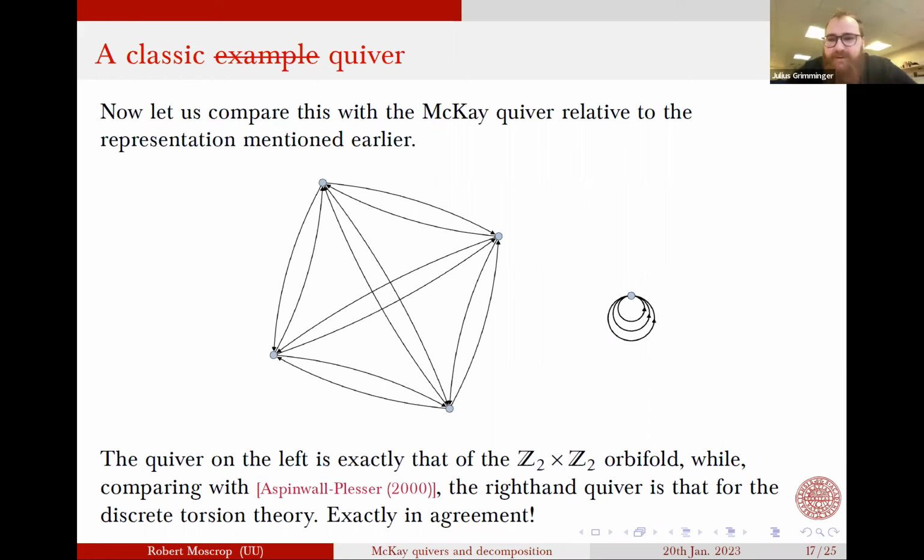Okay. Yeah. So could you give me an idea of what the prescription is for writing down a McKay quiver for a projective representation? Yeah, so there's a few ways of doing this. The original way in Aspinwall and Plesser is they take a class in the H2 of the group, which basically gives you your alpha projective representations. Then you take your orbifold action, which should be linear, and you tensor it with this thing. Because it's linear, you're still guaranteed to get out another alpha projective representation.